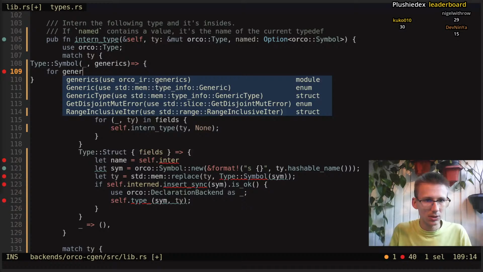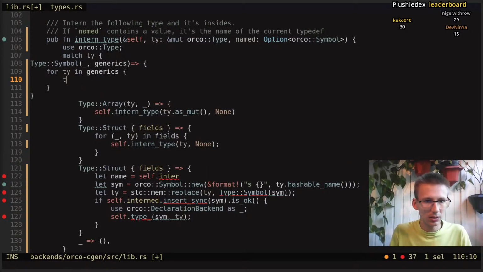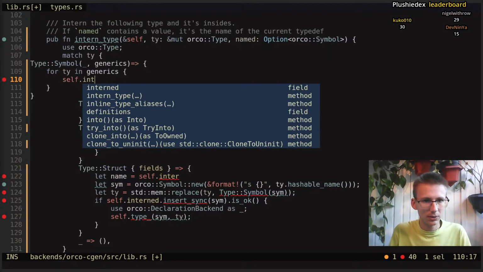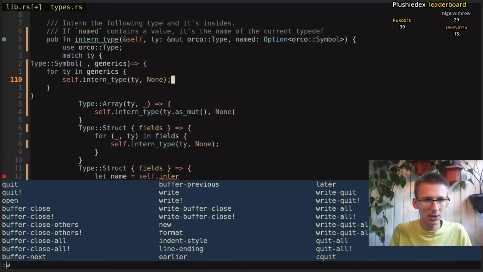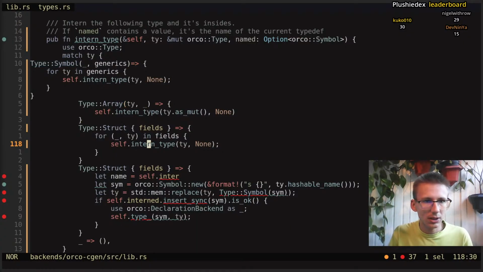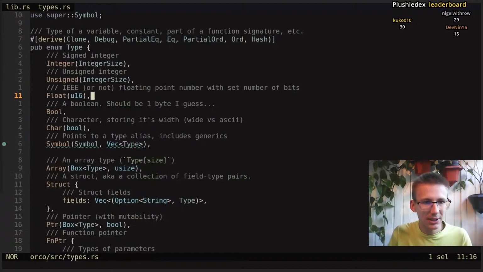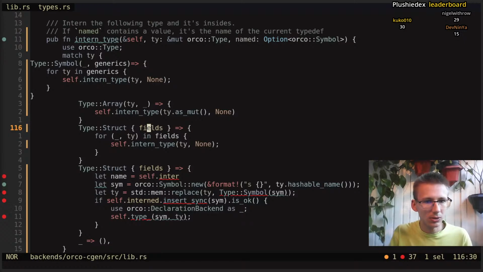For ty in generics, ty self intern type, ty name, we don't care about names. So I need to still turn them. Then, oh my god, I wanna have this indented properly. Then array, struct pointer, function pointer. So those are all